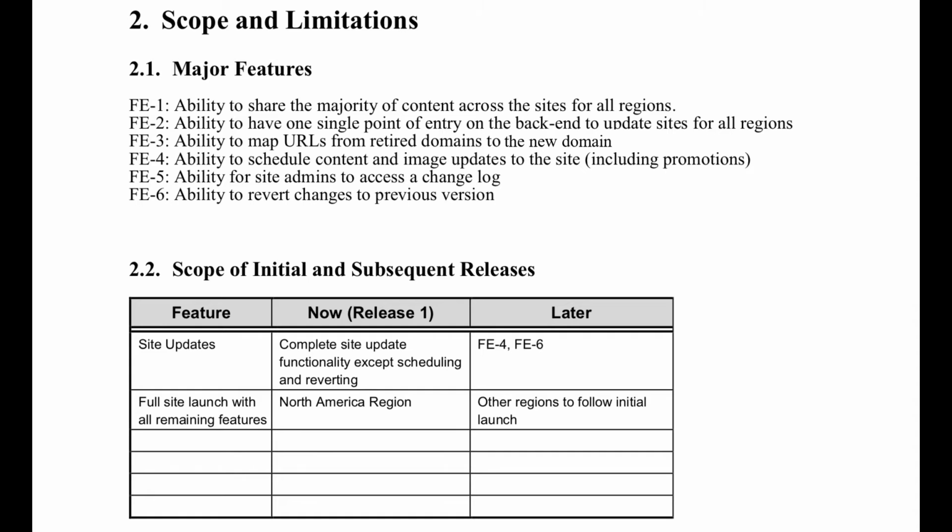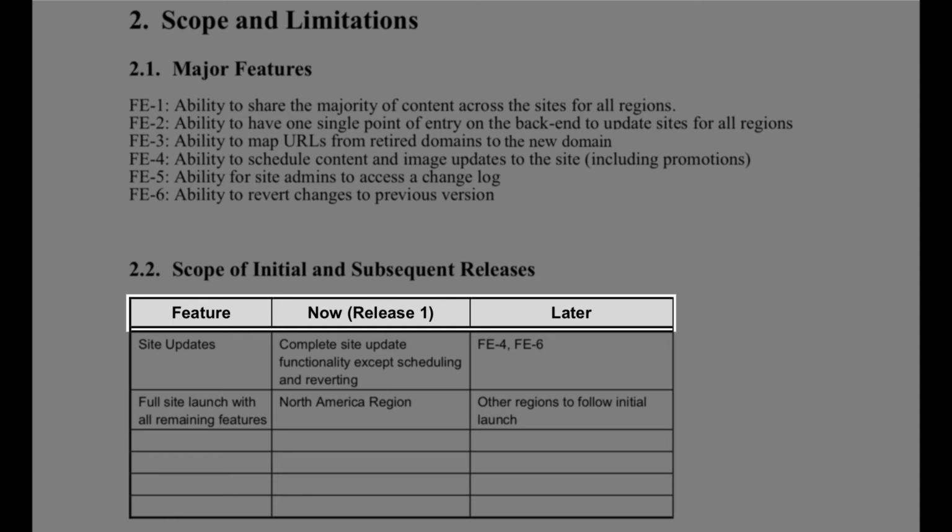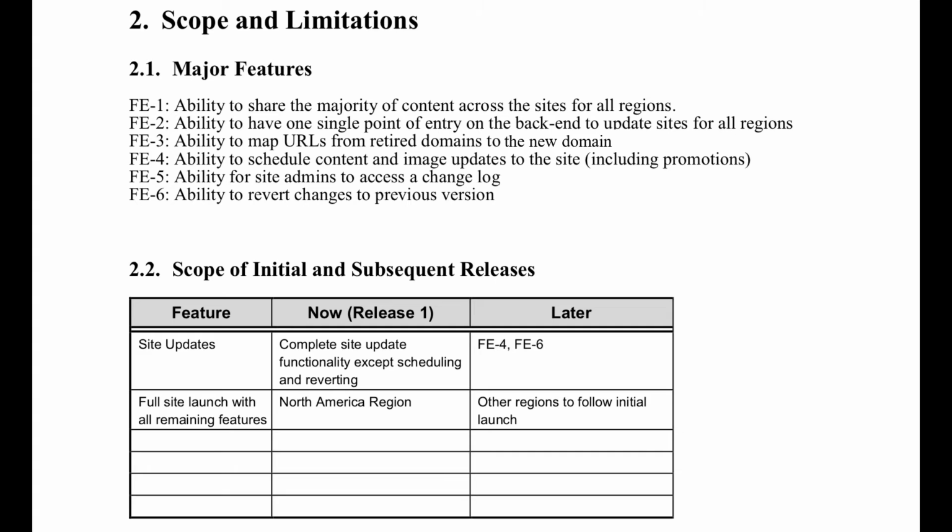So taking a look at what we know we're doing for this project, we have a couple of different things here in our scope of initial and subsequent releases section. We have 3 columns: feature, we have now, which is release 1, and we have later. So we're not saying if it's release 2, release 3, release 4, we're just saying it's not now, it's later. So this can be, like I said, documented in a few different ways, and this is my first example for you. So my first example really lays out the kind of high-level features that have to be included